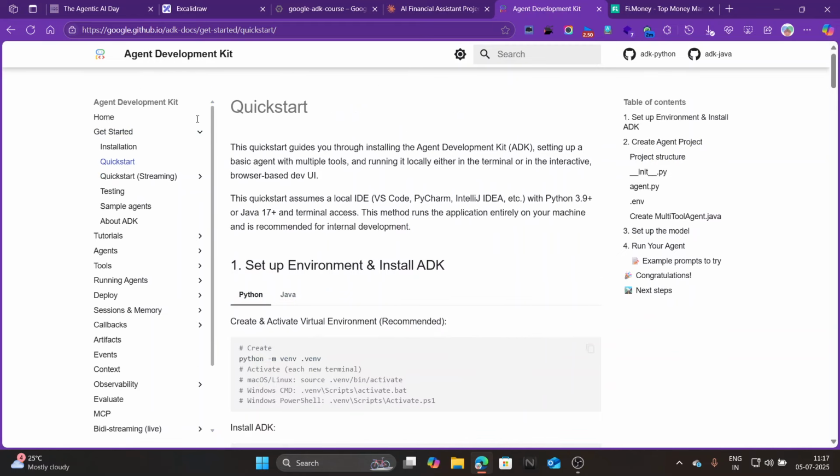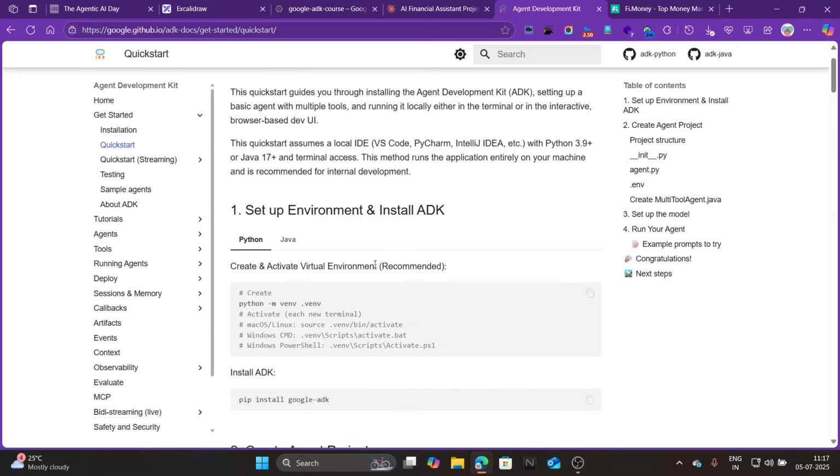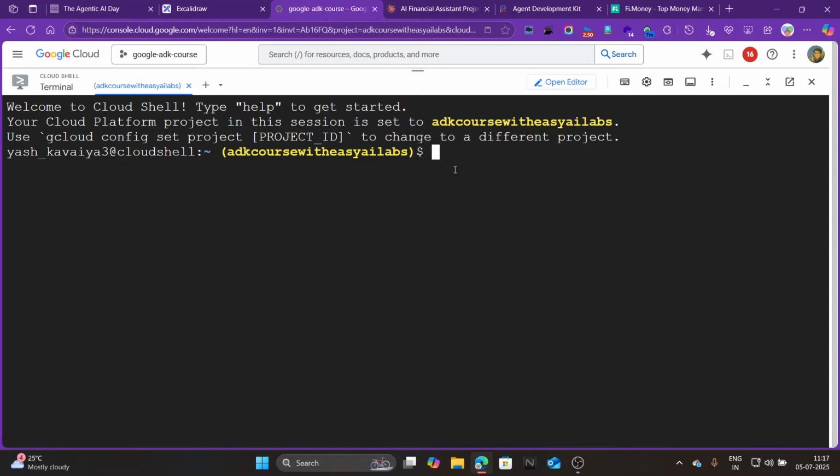Here you can see in the Agent Development Kit, if we go to get started and quick start, we first create a separate virtual environment for Python libraries. If we run this particular command, this is good practice when you create any project in Python: create a separate virtual environment for that project.